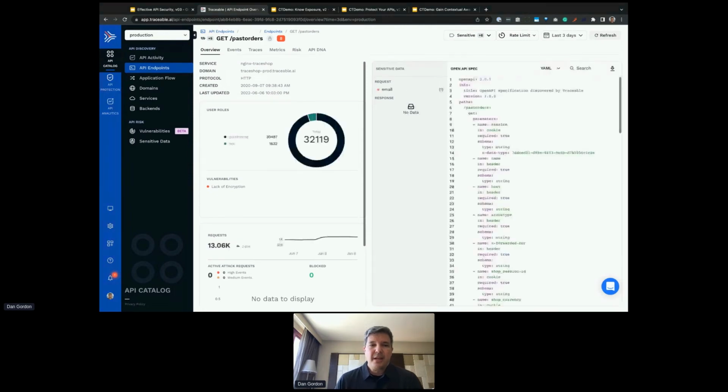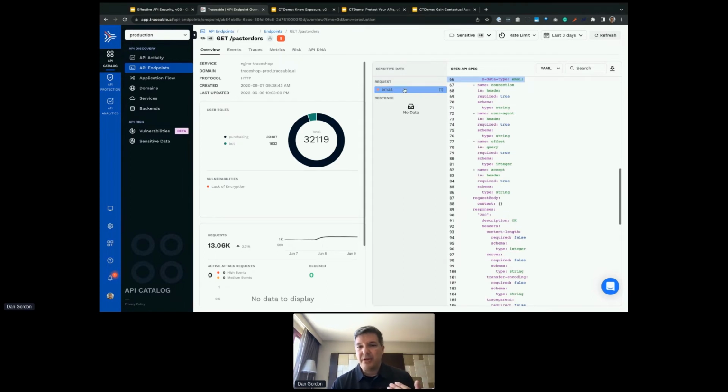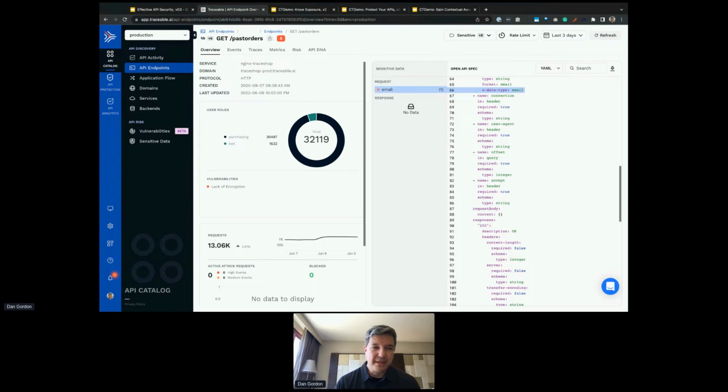But we also want to understand our sensitive data. Part of the discovery that happens is we create an OpenAPI spec. We reverse engineer the OpenAPI spec from traffic at runtime, and it's exportable, and it is a full OpenAPI spec compatible. You can import your specs or your developer specs, compare them, and get conformance analysis of where they don't match. We can also look at the sensitive data and find out where in the specification that shows up.